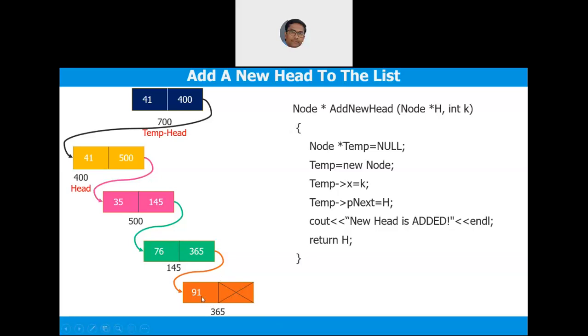That means just before 91. I hope, are you listening? These are all questions. I want to add a node before 91. Yes, sir. I want to add a node exactly next to 41. That means insert a node in between the nodes. Okay, then if I have a linked list like this, let us say, I want to sort it. I want to sort it. Okay, I want to search it.